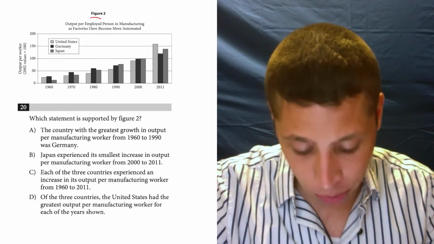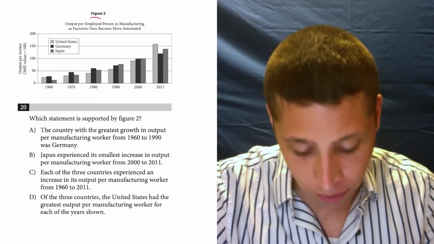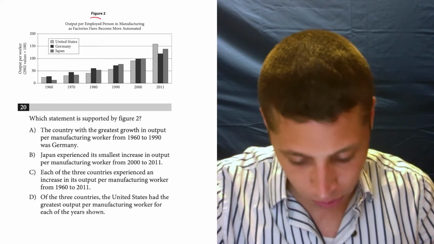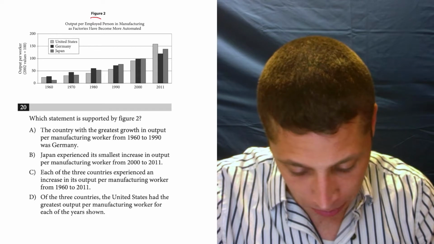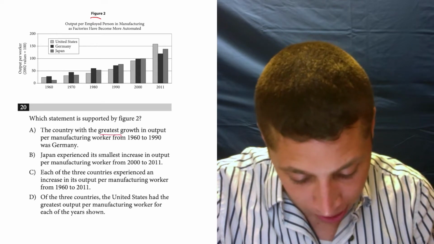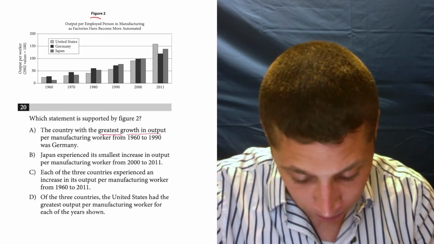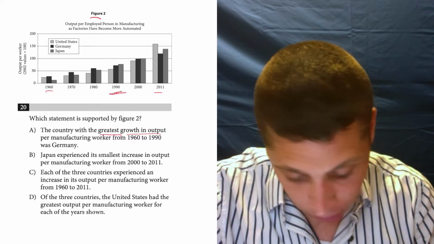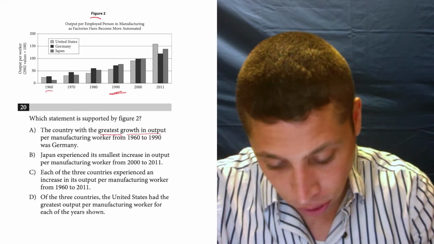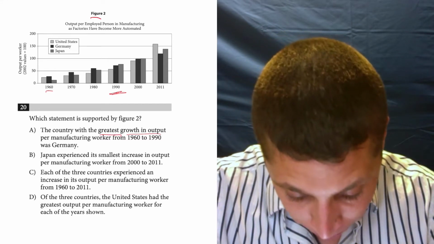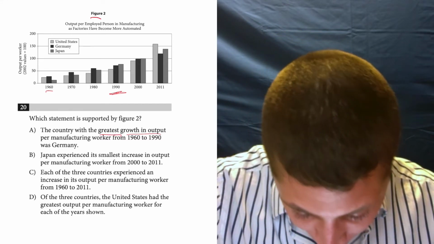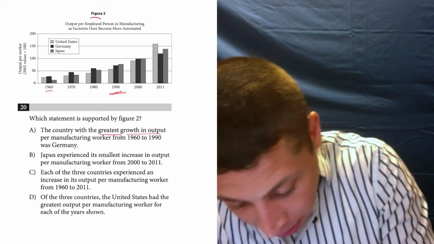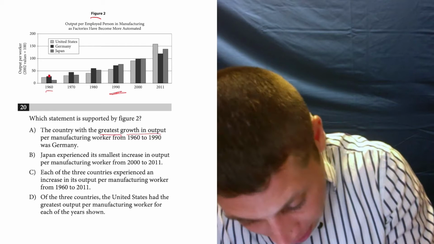A, the country with the greatest growth in output per manufacturing worker from 1960 to 1990 was Germany. Okay, so Germany is the dark black graph. So the greatest growth in output from 1960 to 1990, careful Mike, follow instructions, was Germany. Well, is there anything that went higher? Well, yeah, I don't need to actually calculate it to see that Germany, this black one here,